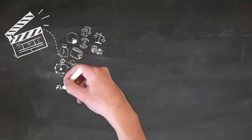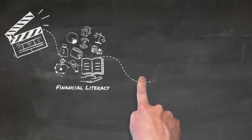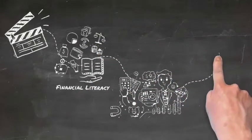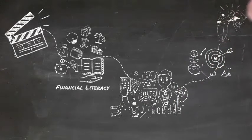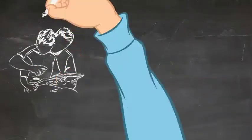Financial literacy is simply the ability to manage financial resources effectively for a lifetime of financial well-being. It's a great goal, isn't it? A lifetime of financial well-being? Man, that sounds appealing. The problem is that teaching financial literacy can be really hard for parents because while children